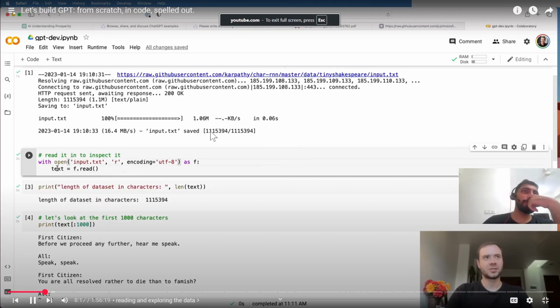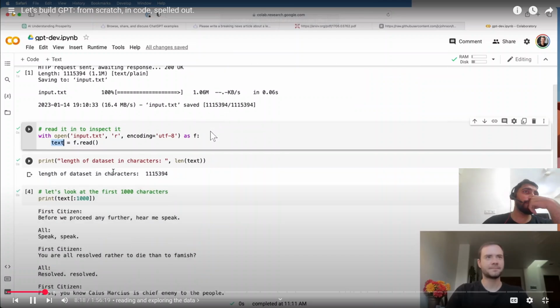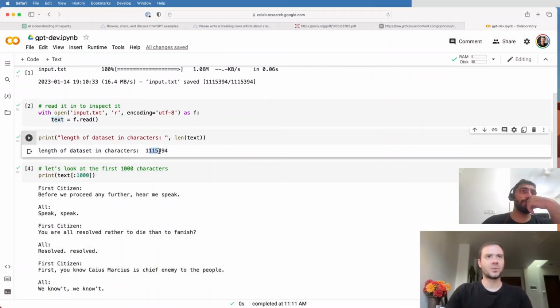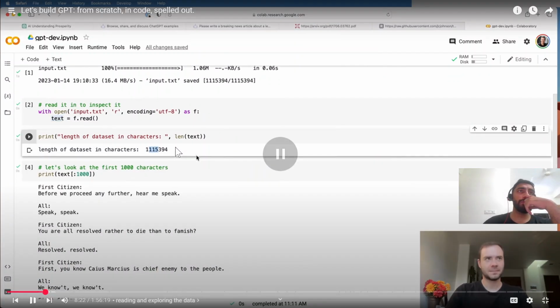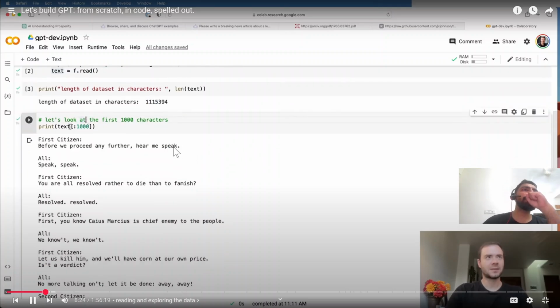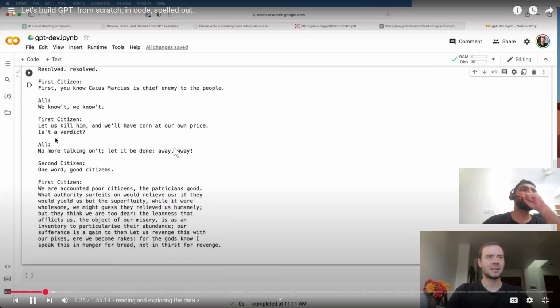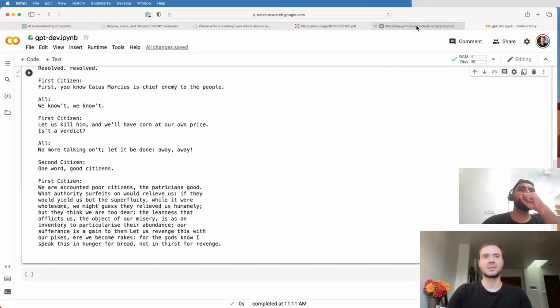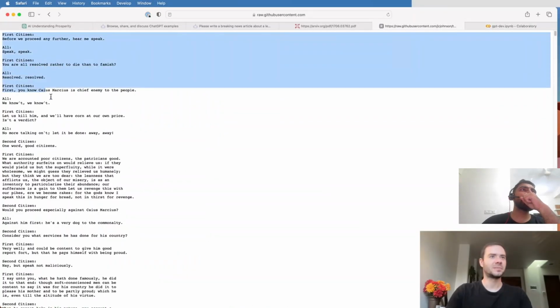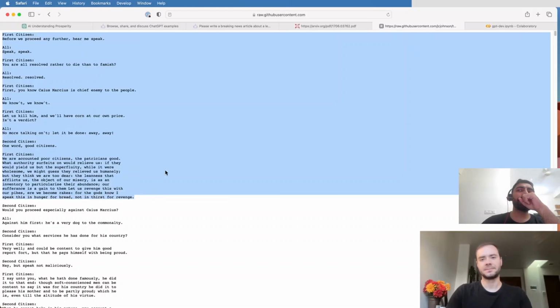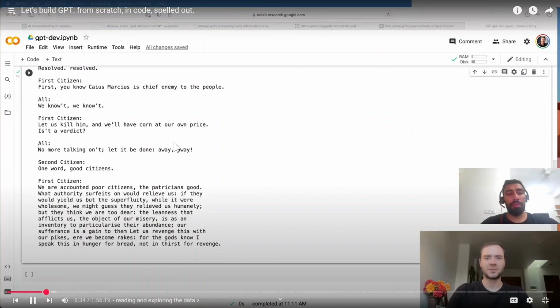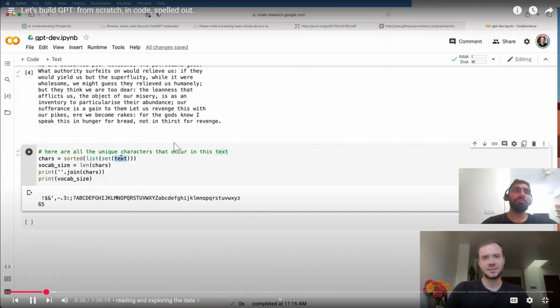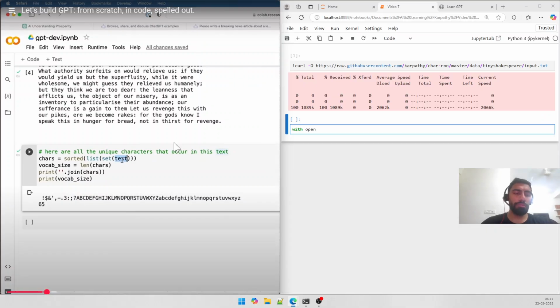Then we'll read in all the text as a string, and we see that we are working with 1 million characters roughly. And the first 1,000 characters, if we just print them out, are basically what you would expect. This is the first 1,000 characters of the Tiny Shakespeare dataset, roughly up to here. So far so good. Next, we're going to take this text, and the text